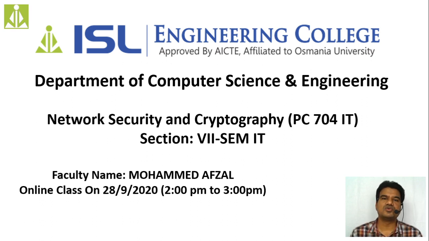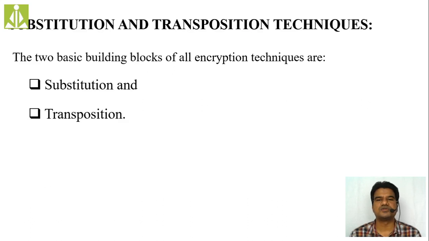In today's class we'll be discussing two different and important techniques of the encryption process. Previously also I gave some idea related to these two techniques. We said that every encryption process basically performs a combination of these two techniques. In modern cryptographic algorithms, we perform a combination of these two techniques as part of the encryption process. Those two techniques are nothing but transposition and substitution techniques, that is, substitution and transposition techniques.